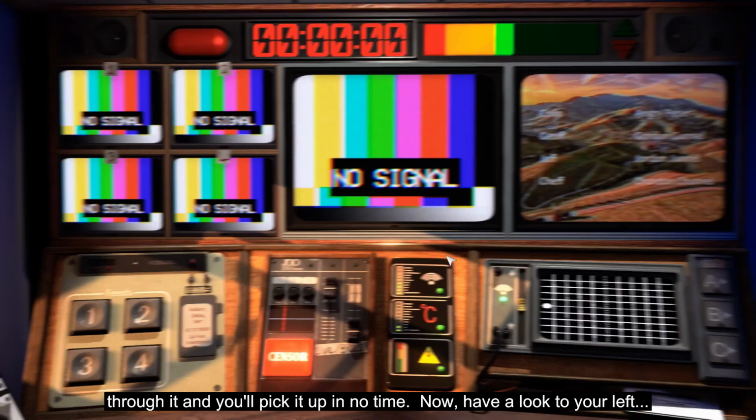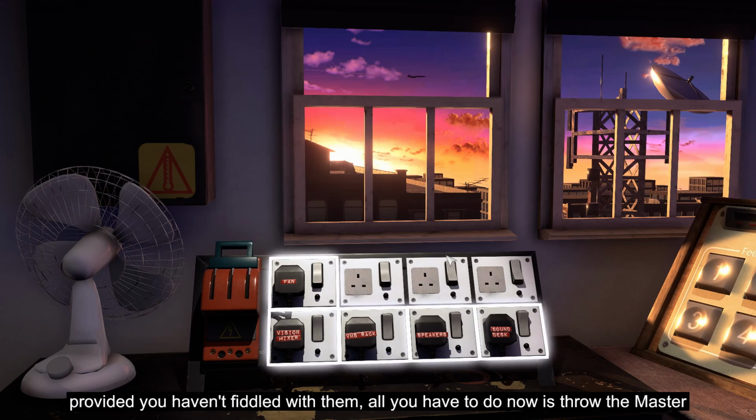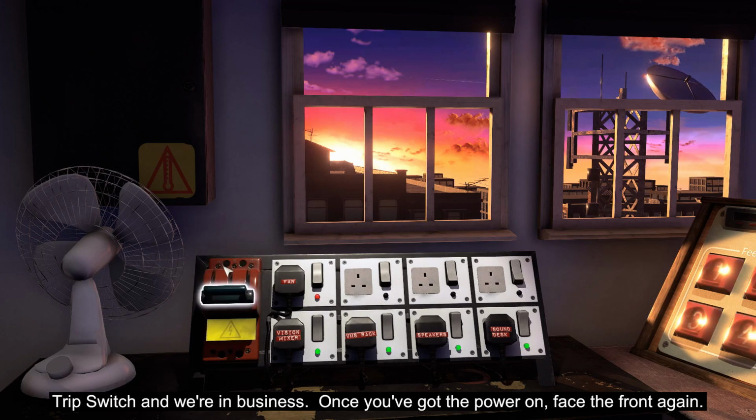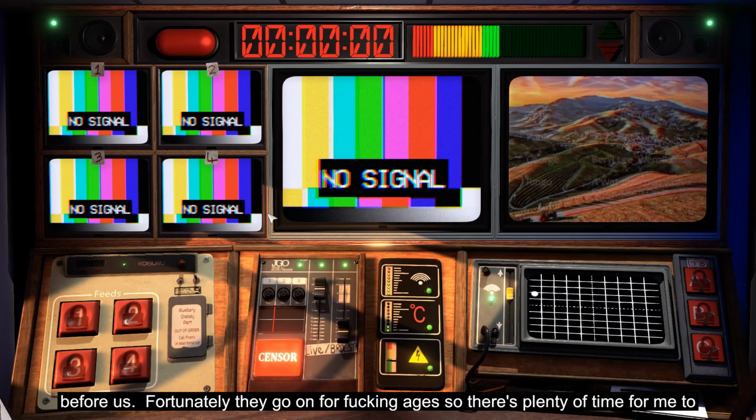Now, have a look to your left. These plugs control everything in the studio. I've left them set up for you, so provided you haven't fiddled with them, all you have to do now is throw the master trip switch and we're in business. Once you've got the power on, face the front again. You can see on the broadcast screen that we're in the end titles for the show before us. Fortunately, they go on for ages, so there's plenty of time for me to explain...